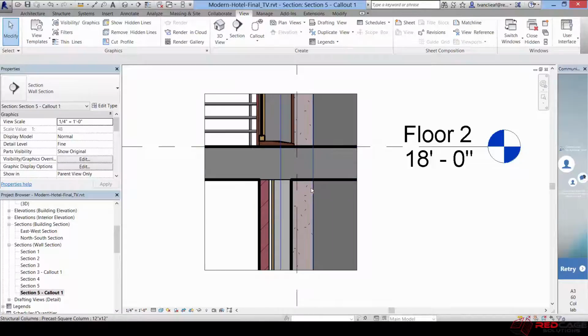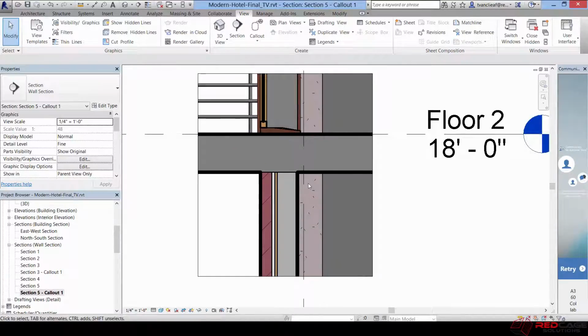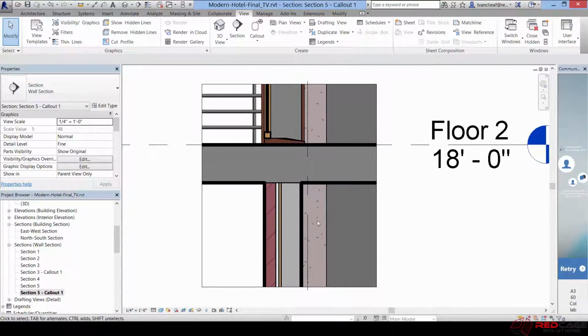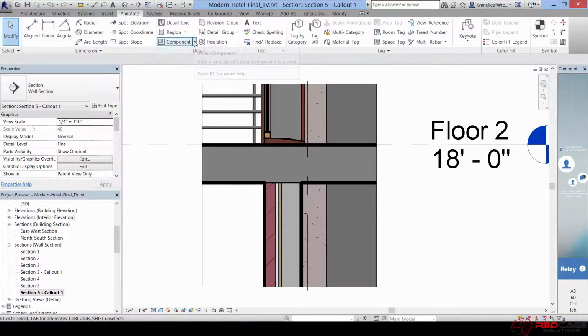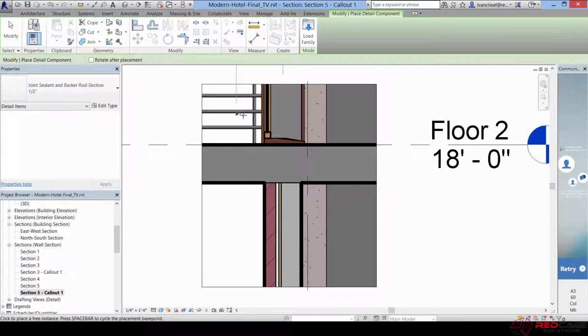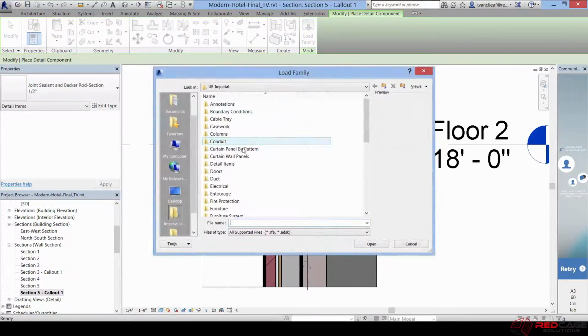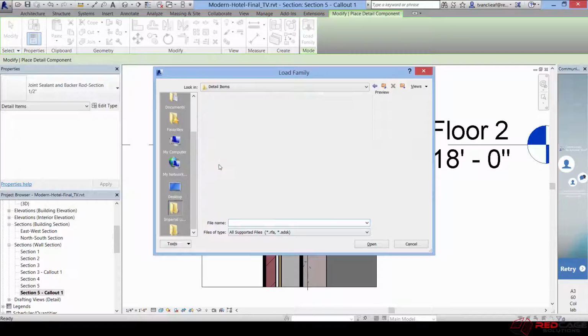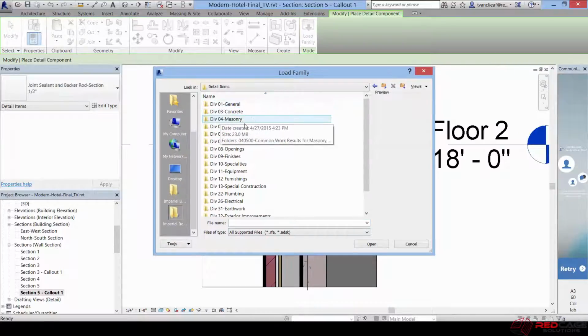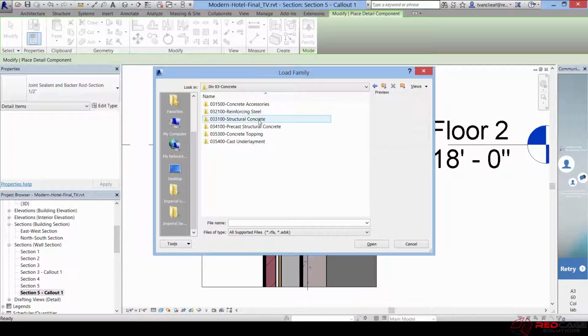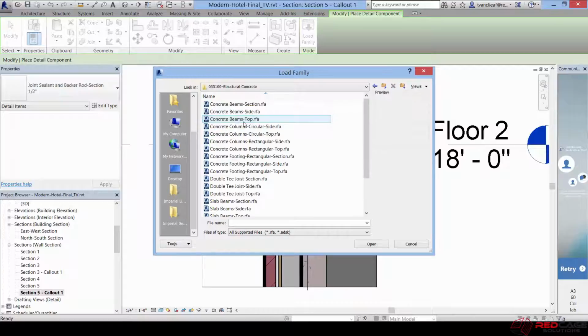So if this floor was a composite deck, or if I had a beam going from this column to the next, you can go up to your annotation tools now and grab the components. And so from within here, you can quickly start adding detail data from the detail items family folder. So if I say concrete and say structural concrete beam,